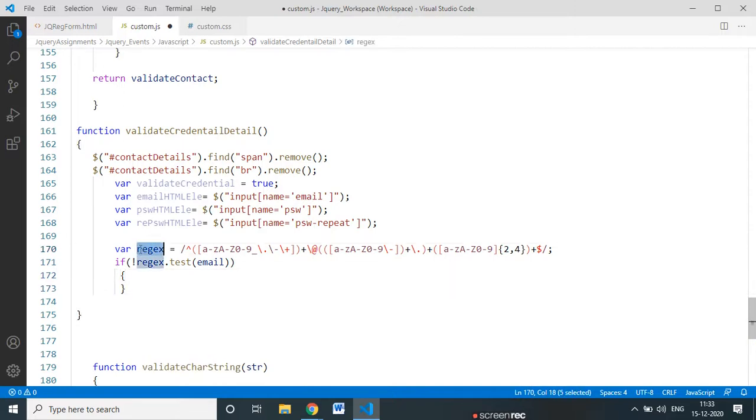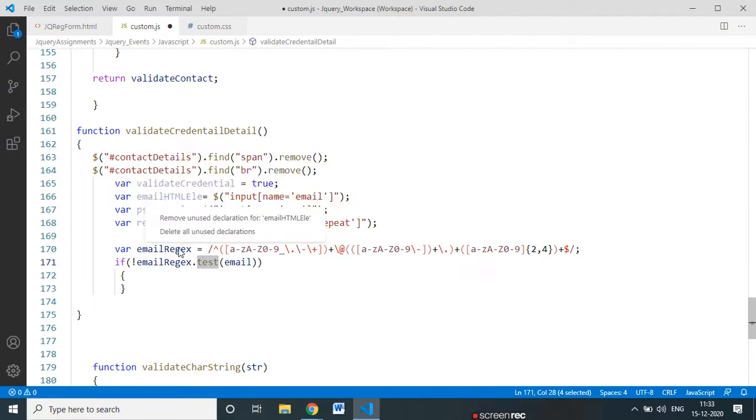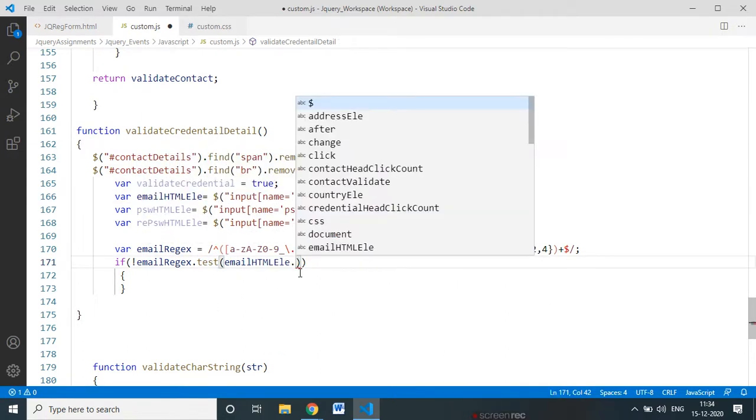I say email and our email regex. So you understand that this is the email regular expression. Earlier we were saying match, here I am saying test. No problem, you can use either match or test. It depends. So I say while.